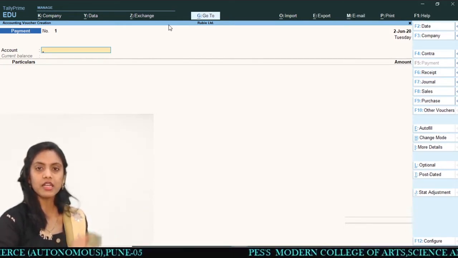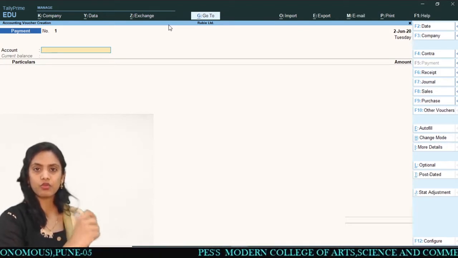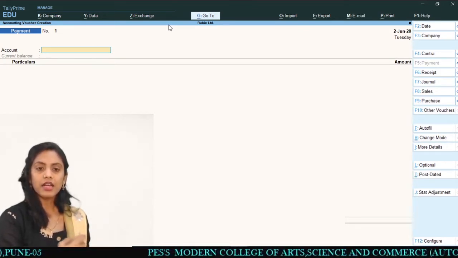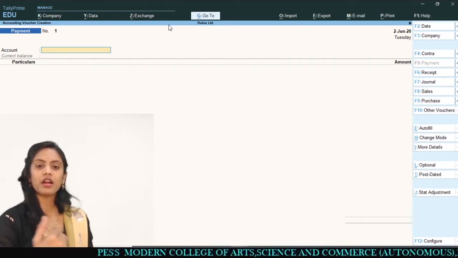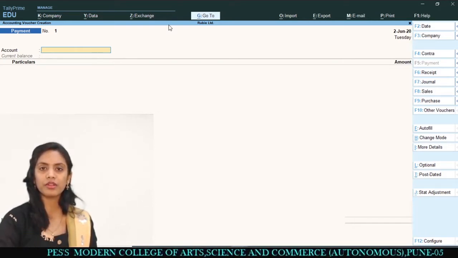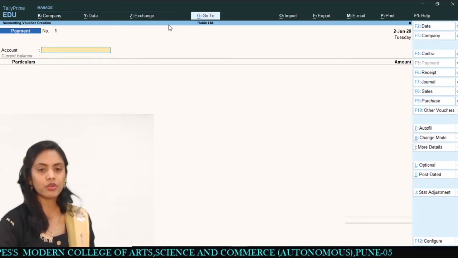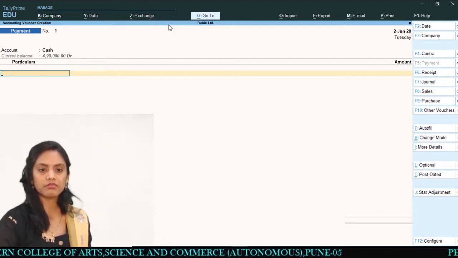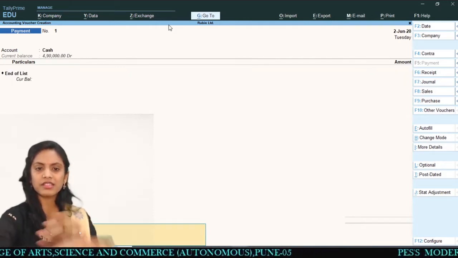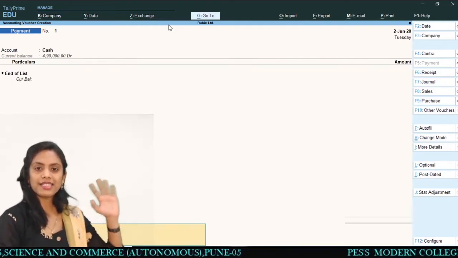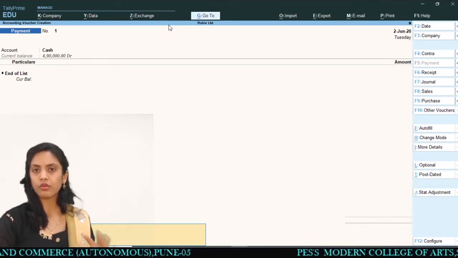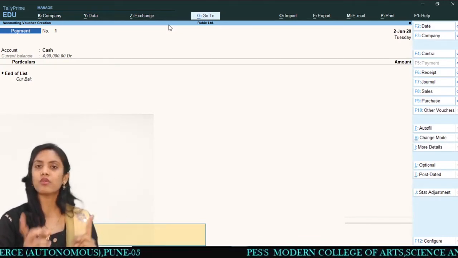When I choose the single entry, you cannot see the debit and credit option there. Directly in single entry, you have to give which account and to whom you are going to give the money. If I write it down, the things are like this. The single entry system is like this, but we are not going to follow the single entry system. We will go for double entry.